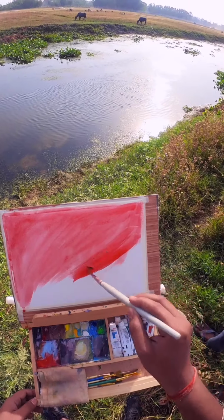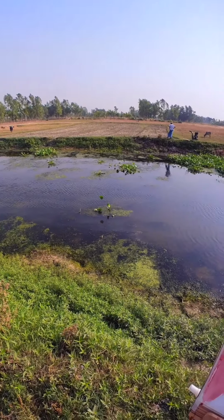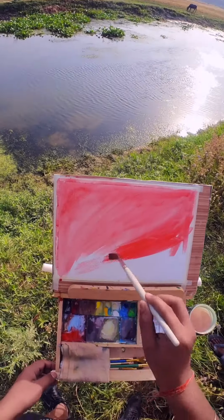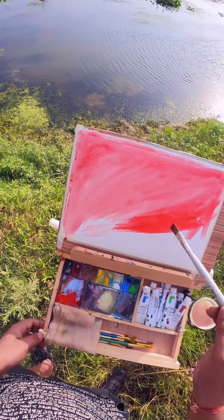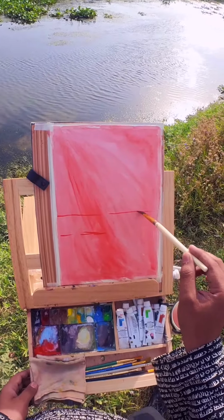Hello everyone, here I'm just doing a plein air painting just near the river. Fields and animals all around. The wind is blowing great, making me feel comfortable under the high voltage sun. It is almost 8:30 in the morning,